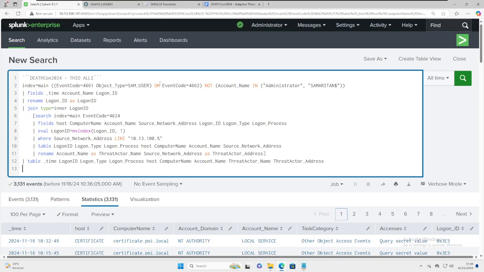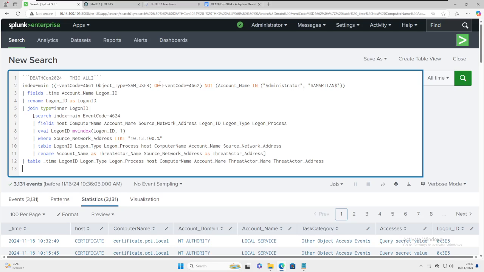We will filter it for the source network address with the network addresses from the artifacts we already know, and then we will make the table first.